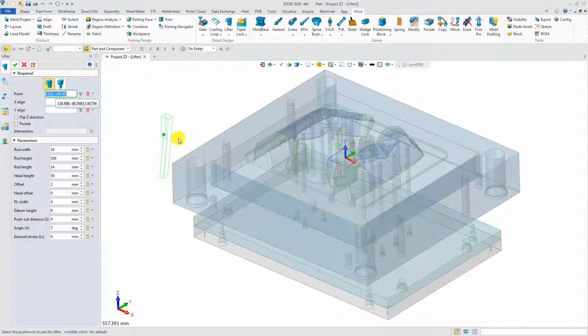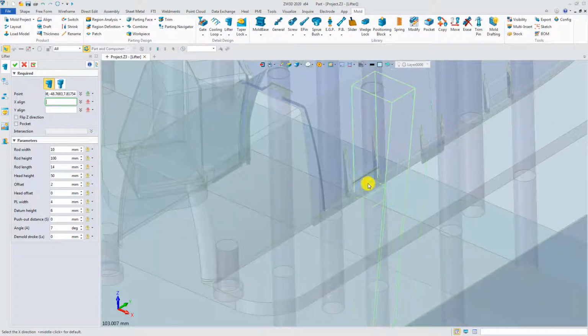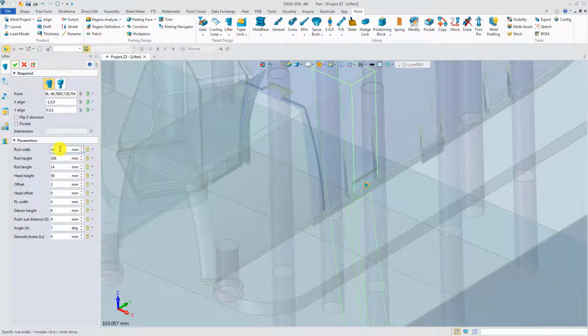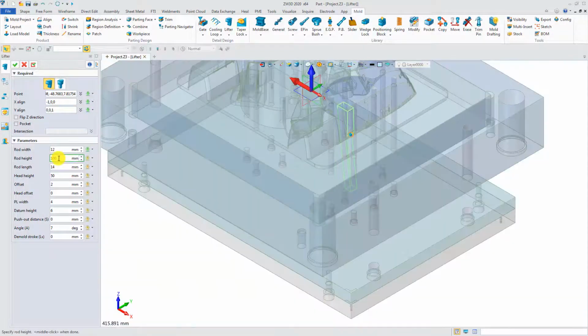Pick the location point and align it. You can adjust its parameters like rod width, rod height, and so on. What's more, you can set the push-out distance and the angle, which will calculate how long the demold stroke needs